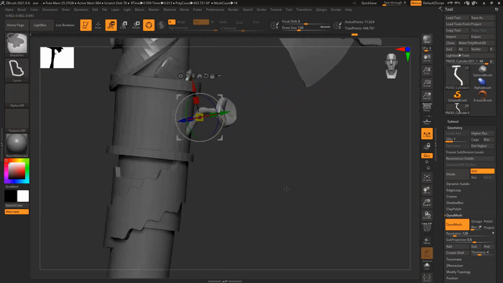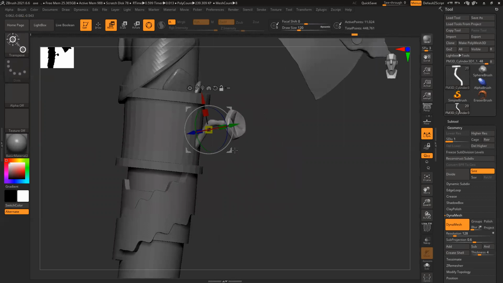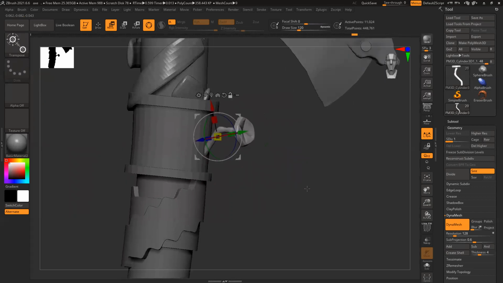Oh, this part has 3. So 2 are visible from the front, and from this direction, 3, 4, 3 parts are visible. So one is this.